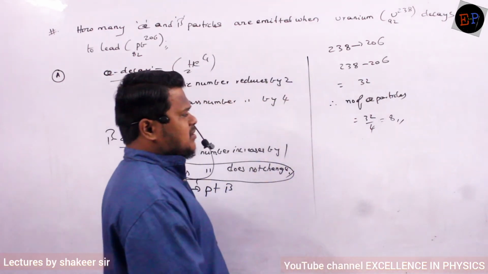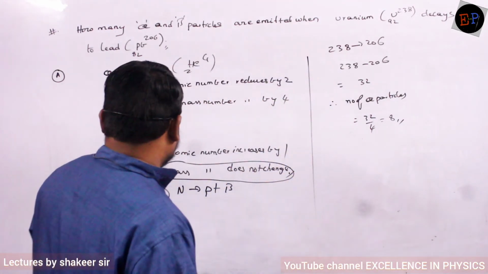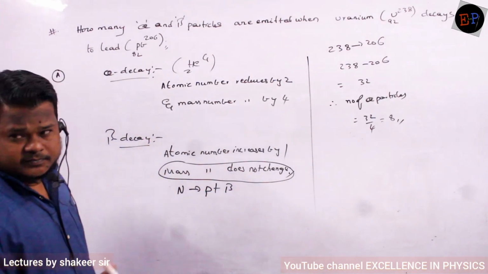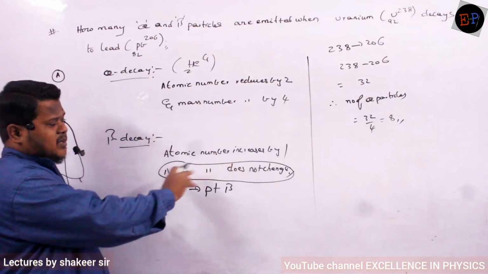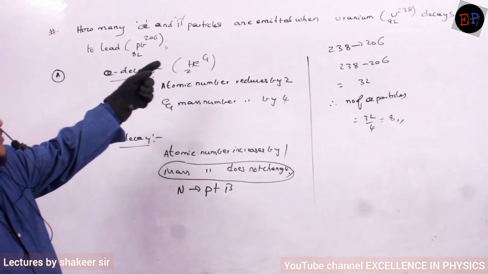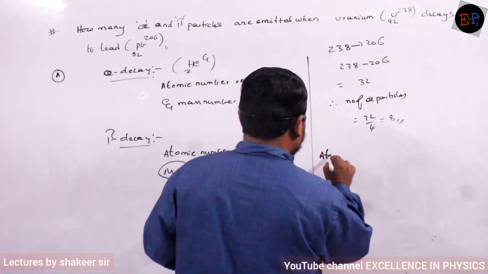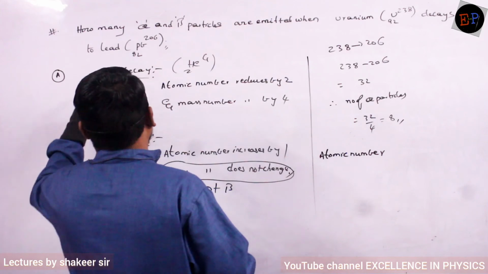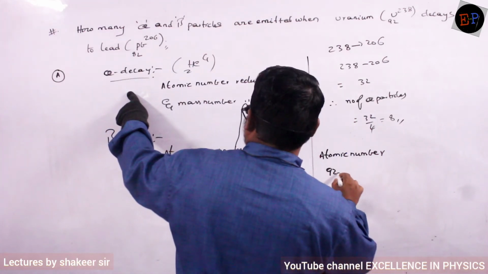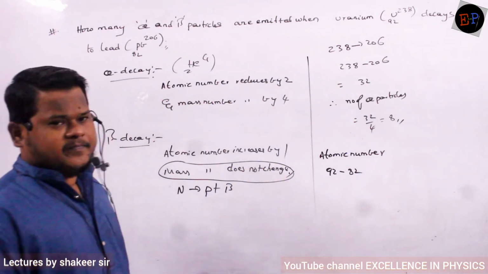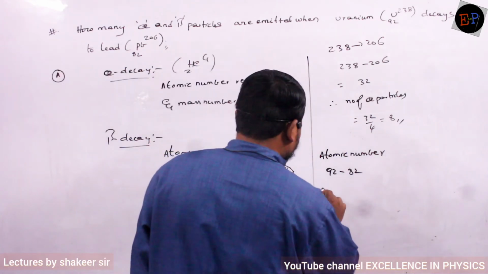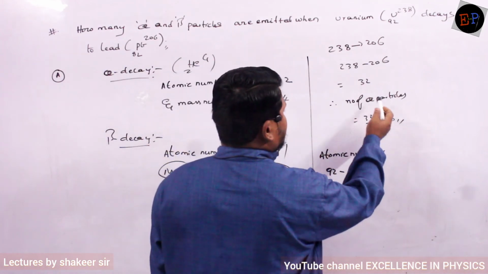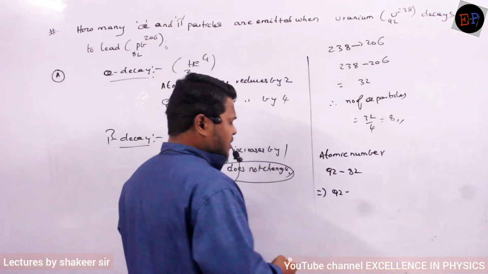Now let us calculate how many beta particles are emitted. See, when one beta particle is emitted, atomic number increases by 1 and mass number does not change. Now if you take atomic number, are you able to understand? It converted from 92 to 82. So now see how we can do this calculation. 92 minus, for 8 alpha particles,